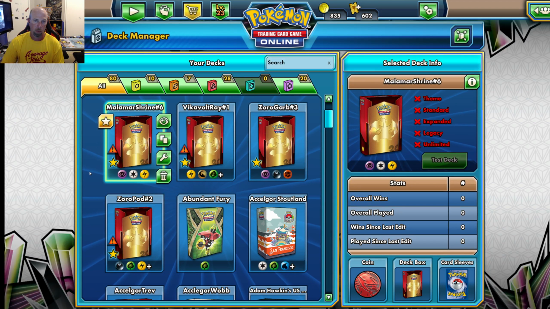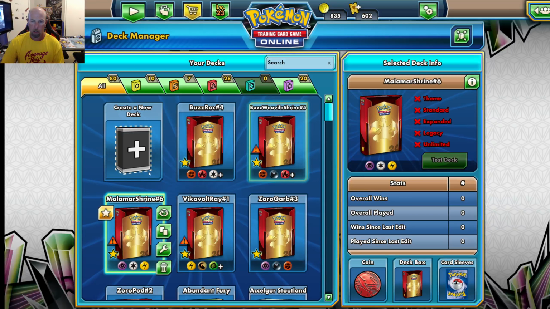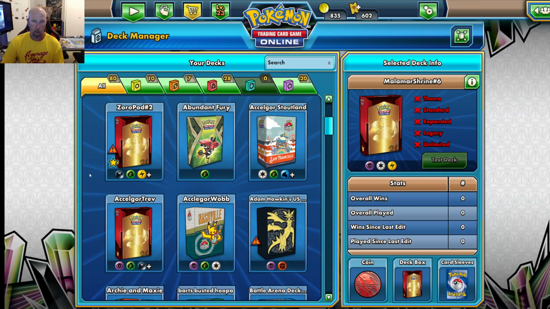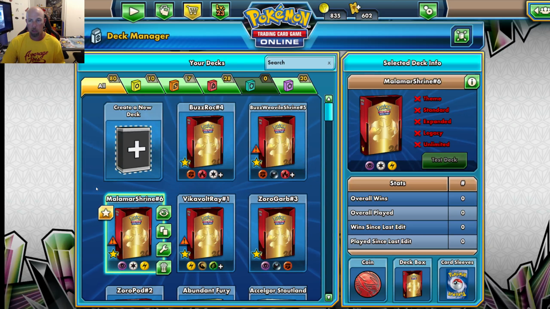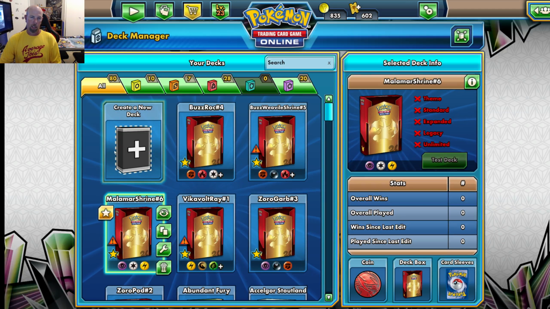So I feel like there's better variants of Zoroark. Same with Zoro Weevil. It's done good in a few tournaments. So don't count it out. Like the Zoro variant, Zoroark, Zoro Weevil, and Zoroark are kind of the big 4 that stand out. Buzzrock, it's in a good spot with all the Zoroark and fighting weak Pokemon, but if this Malamar Shrine deck, then it just eats up the Buzzwole deck, so that's kind of worrisome. Then you got the Shrine decks,